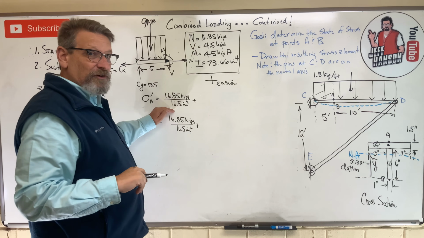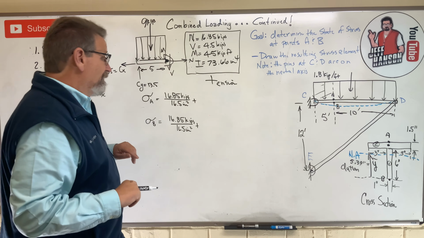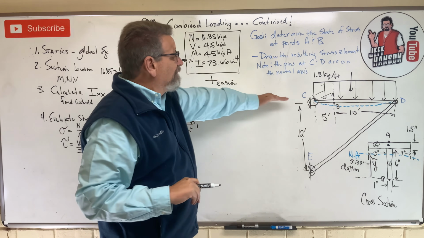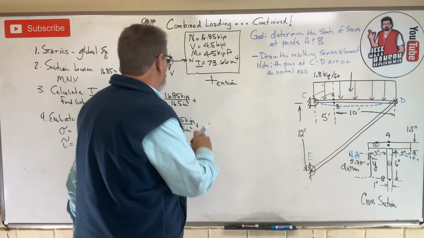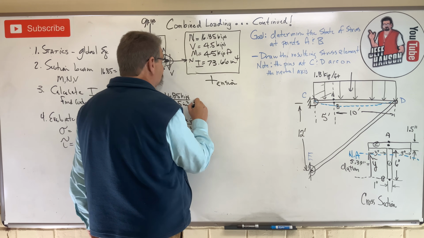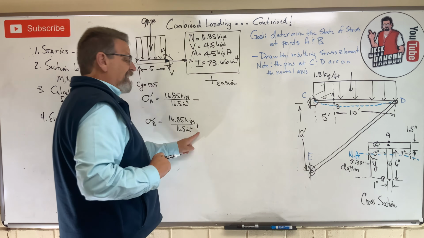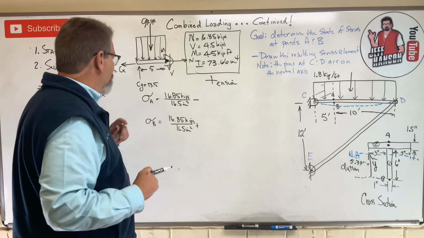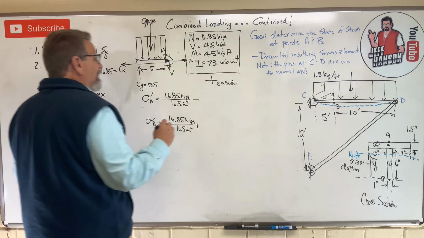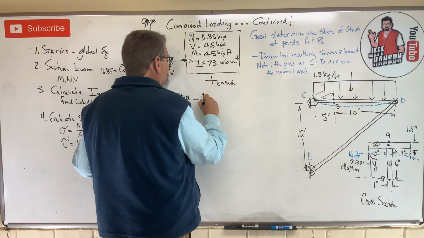Now we do the MC over I. Now here's the deal. For point A, on top of the beam, we said he was going to be in compression, right? So that compression guy is going to be a negative. The tension guy is going to be a positive though, isn't he? Okay? So MC over I. M is 45